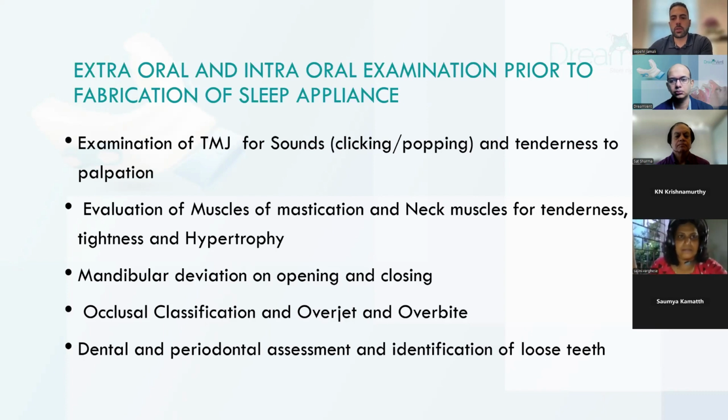We're also going to check all the muscles of mastication, neck muscles. We check for any tightness, any hypertrophy. Sometimes we see unilateral hypertrophy that can indicate maybe there is some interference, or maybe there has been some crossbite for the patient, that they have developed the imbalance in their hypertrophy from right to left side. And if you see any type of extreme deviation, sometimes the mandible deviates a lot during opening and closing, that's also a factor to consider before making the sleep appliance. And as we always do, the occlusal classification and the amount of overjet and overbite